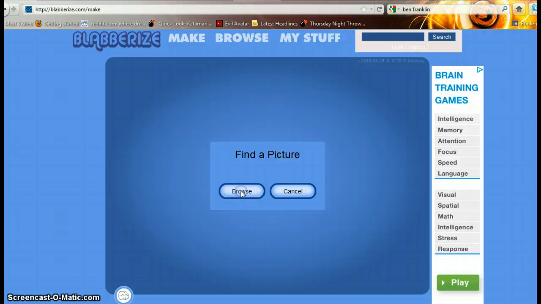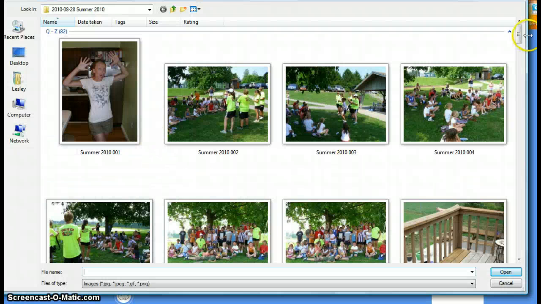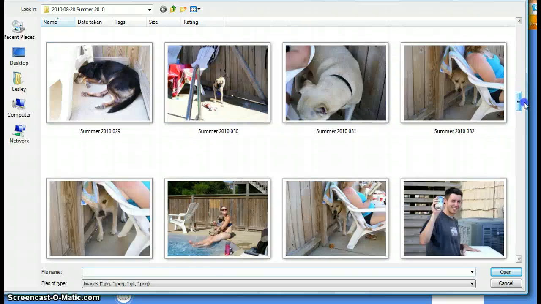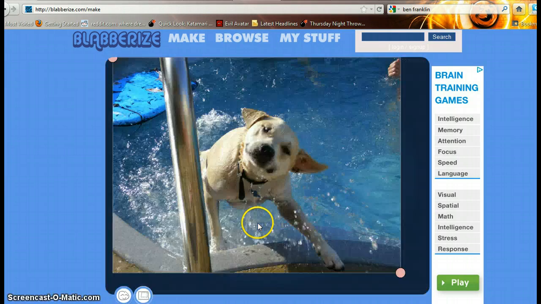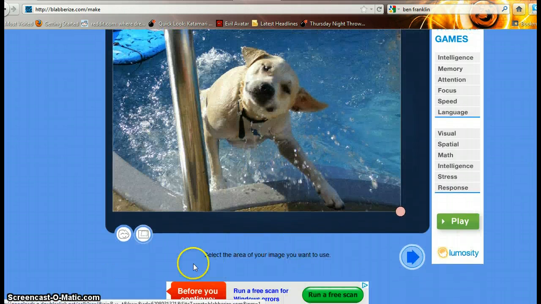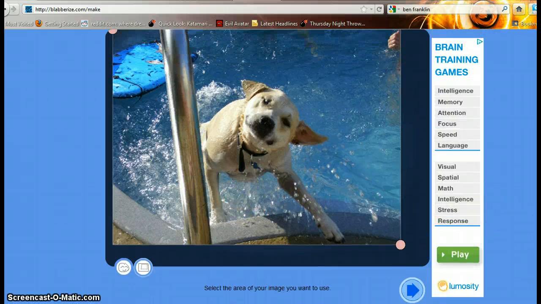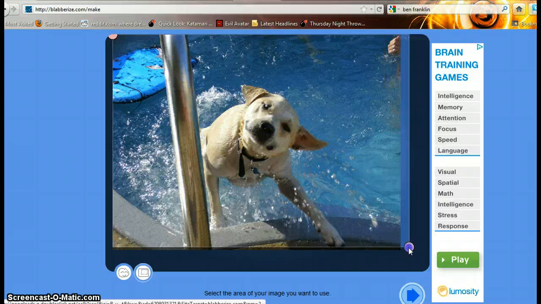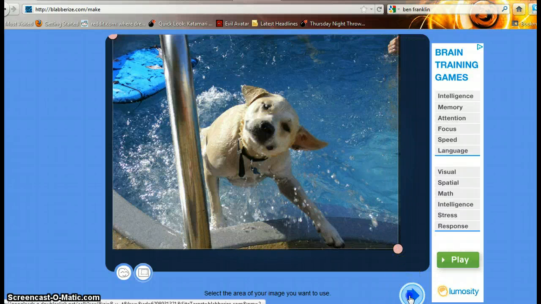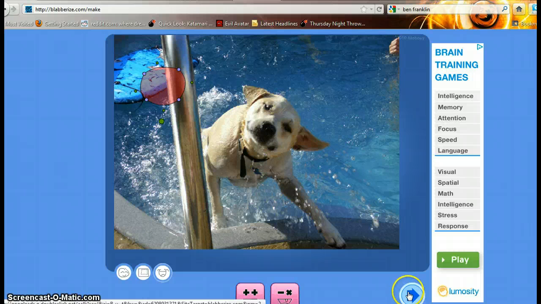So I'm going to click on the browse and look through my pictures, and I'm going to take this picture of my dog when we were on vacation in the Outer Banks, and he was not too happy with the pool, so he wanted to get out of the pool. You can choose to crop the picture to make it smaller or bigger to what your needs are that you'd like to use, and then you move on to the next page, and then you come down to these icons,